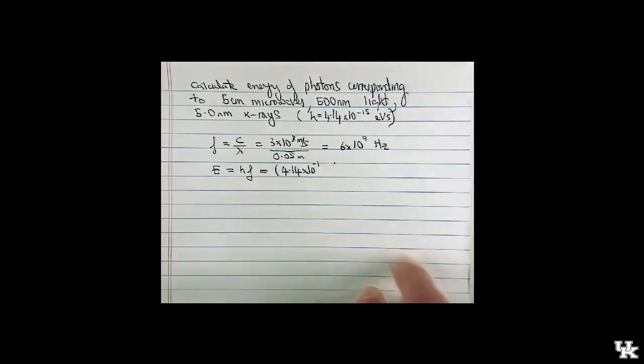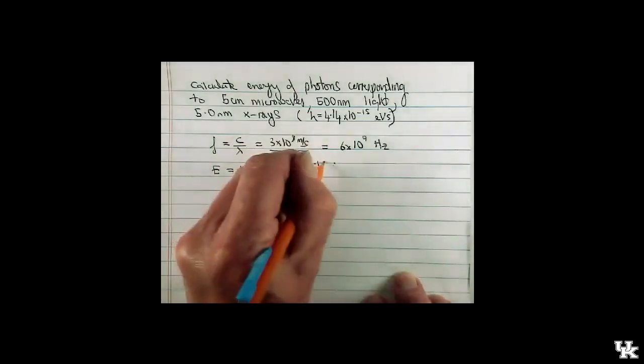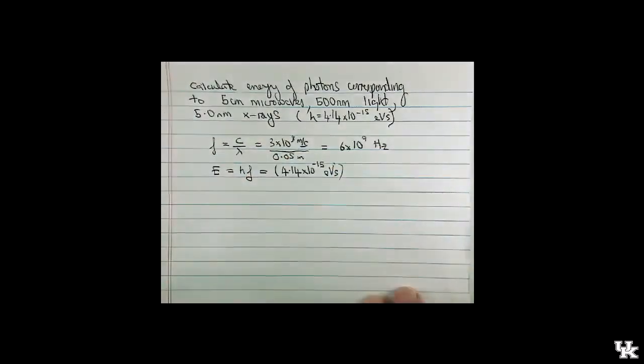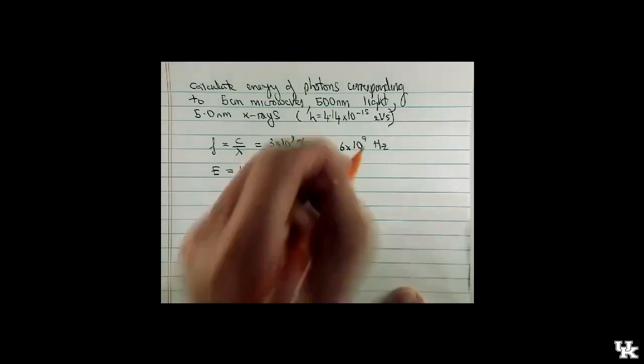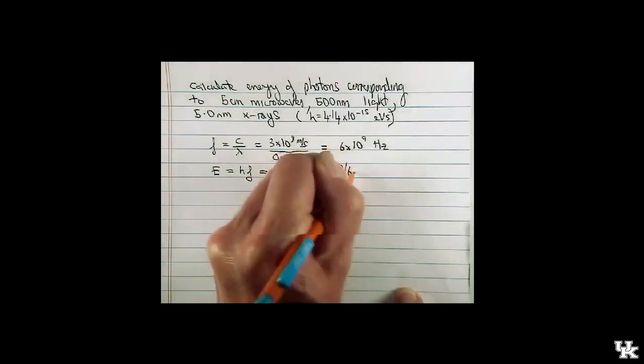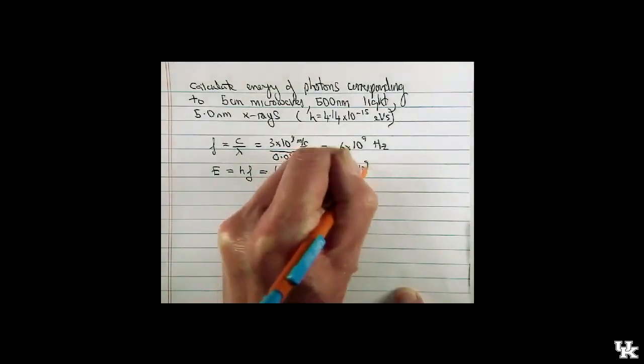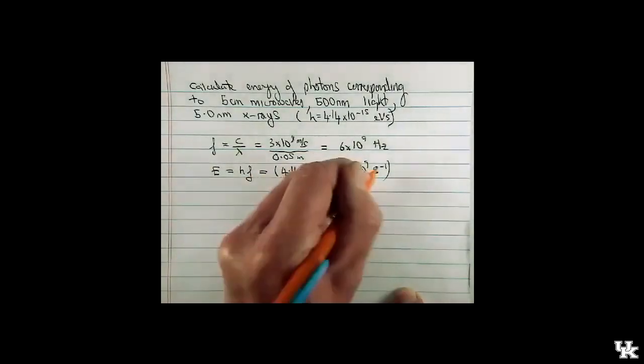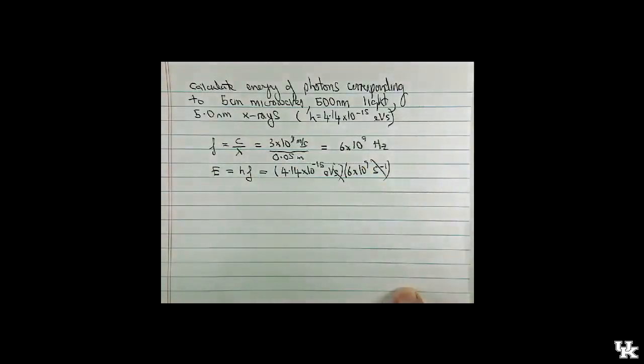I said this last time. I preached on forever about using electron volts, not joules. So I'm going to do that now. This is Planck's constant, energy times time, in the units of electron volts and seconds. Then I just multiply by the 6 billion hertz, which, as a reminder, is an inverse second. So the seconds cancel out in the numerator and denominator. I'm just left with an energy, and it comes out to be